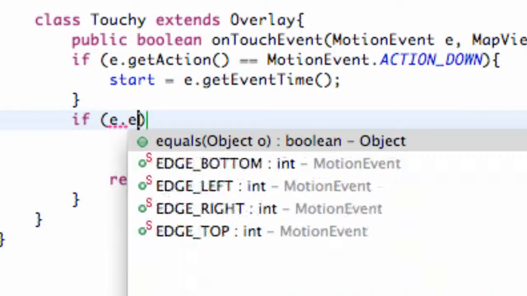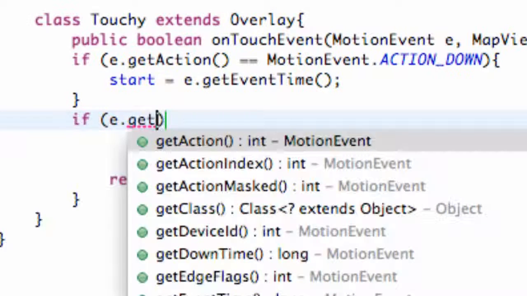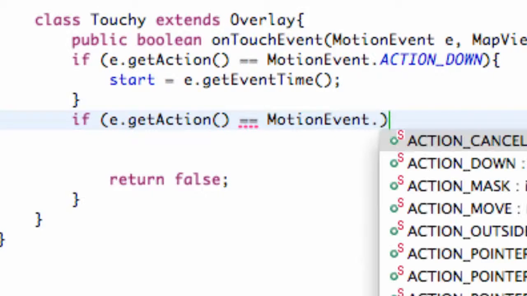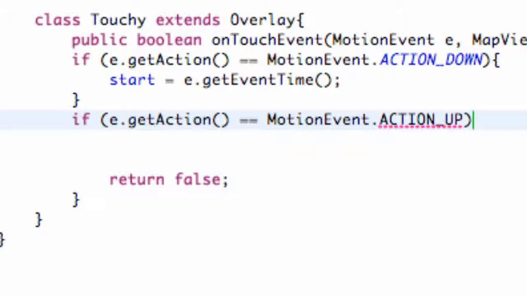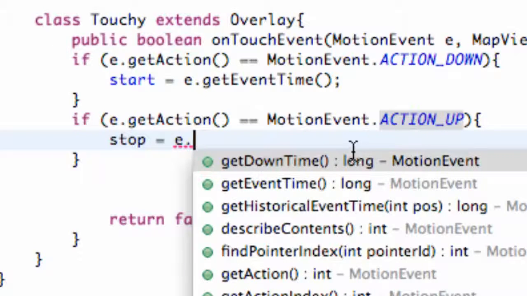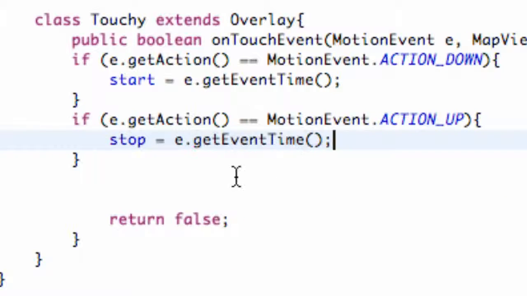So we're going to say getAction equals MotionEvent.ACTION_UP. Alright, right there. So now when we release, we're going to set up our ending point. We're just going to say stop is equal to, again, our event when this action up happens, dot getEventTime. And lastly, all we're going to do is subtract this time from this time, and if it's greater than like a second and a half, then we're going to